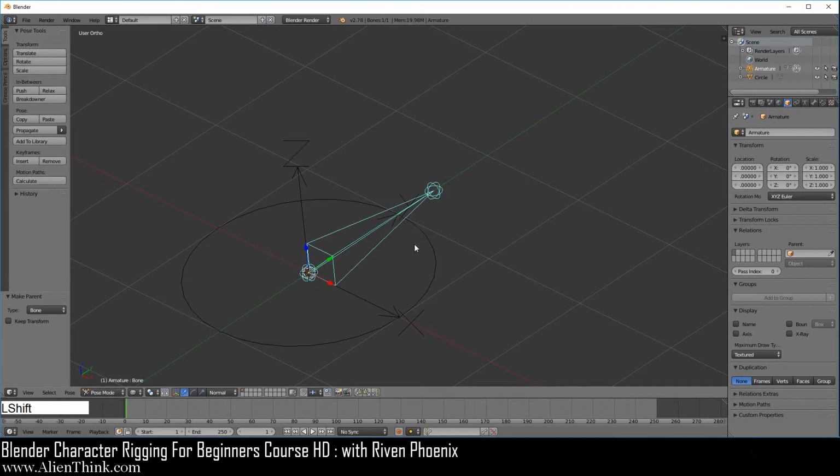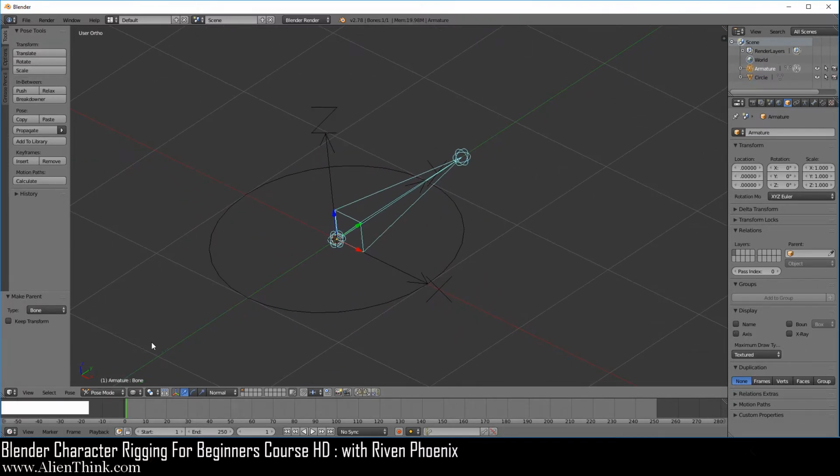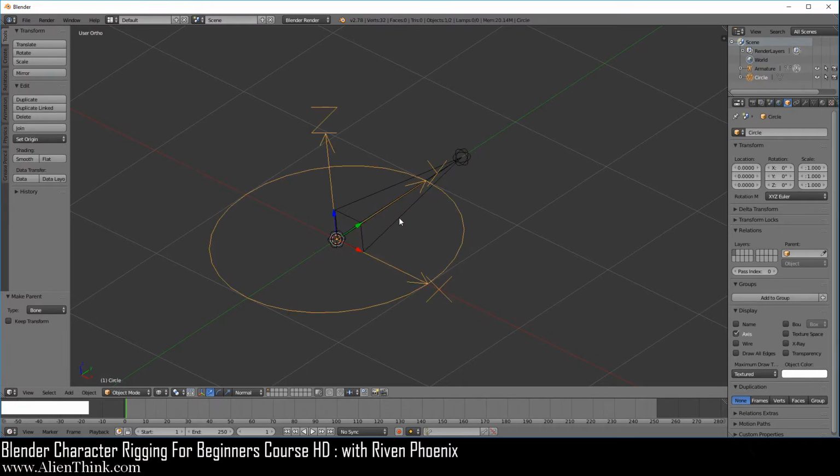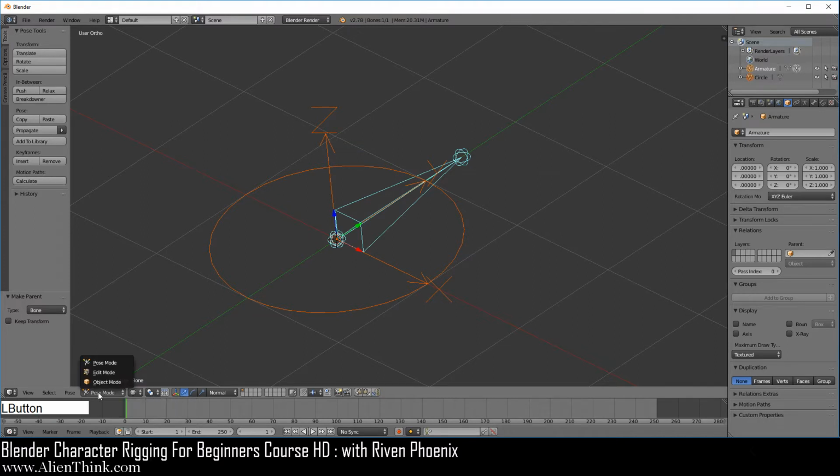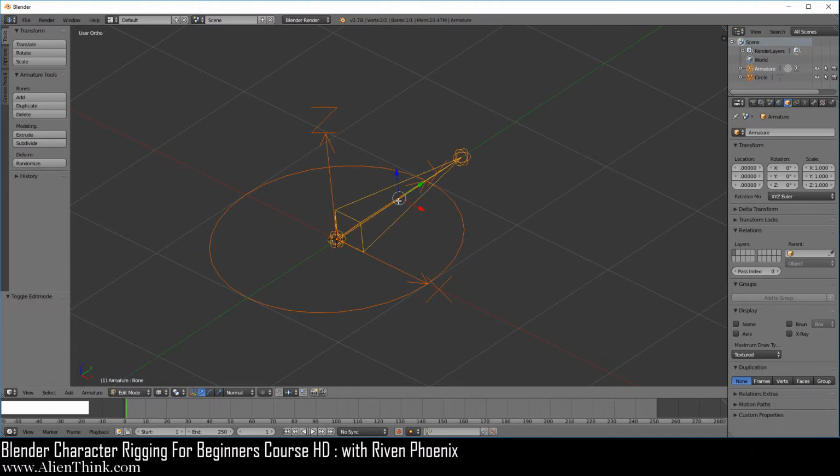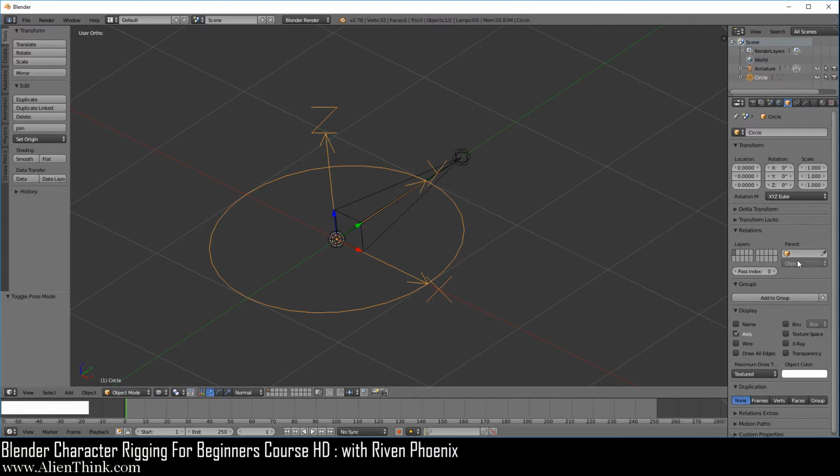Click on this bone. Now notice, actually let me point this out, that if you click on this, press the Shift key down, click on the bone, it has to be in pose mode. If you switch to edit mode on the bone and do Control P over here, it's saying connected, right? Set the active bone as the parent of the selected bone. So we're not working with bones. If you click on connected, there's nothing that's going to happen over here, right? Because if you switch back to pose mode over here, click on this guy, you'll see that there's nothing going to happen. So you should be aware of these type of things here.